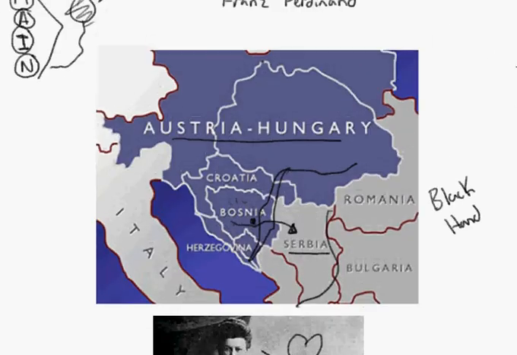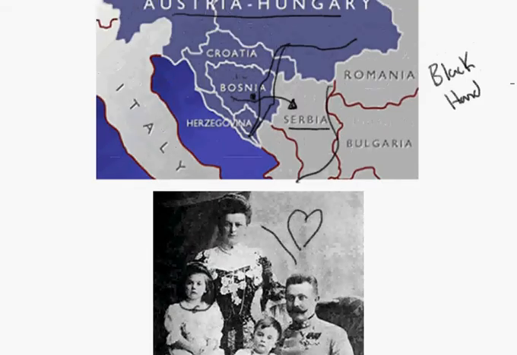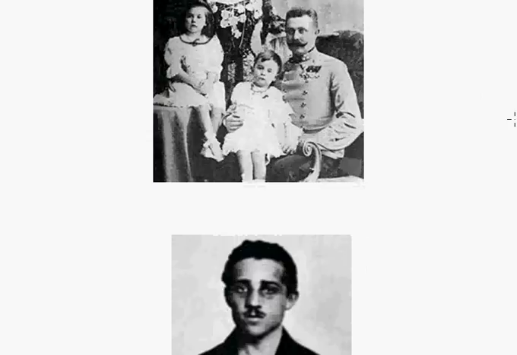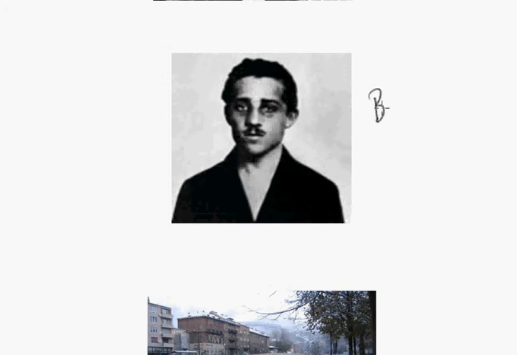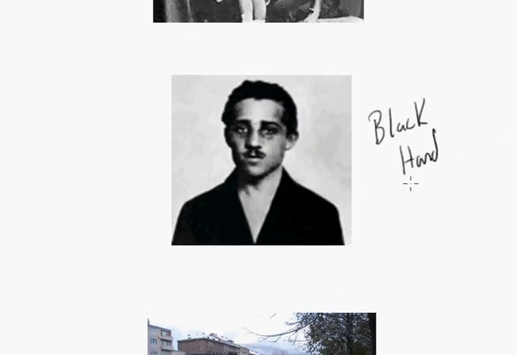I believe it was their anniversary as well. So, okay, they're in Sarajevo, in Bosnia, and here comes a member of the Black Hand. His name is Gavrilo Princip. He was 19 years old, they believe, but they weren't 100% sure, so when he does the killing, they don't give him the death penalty.